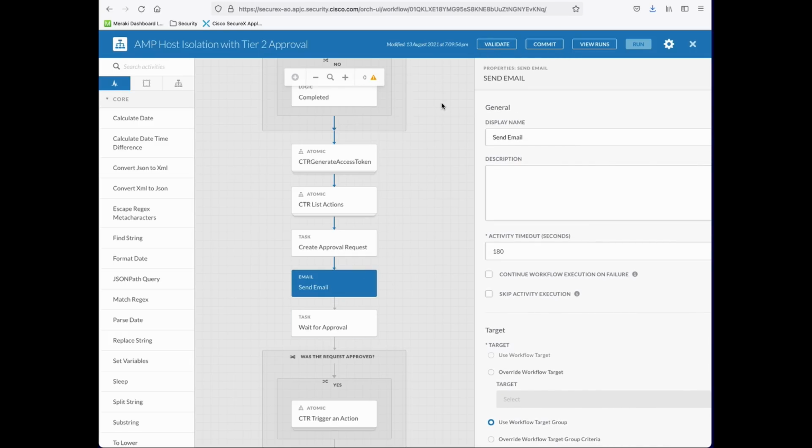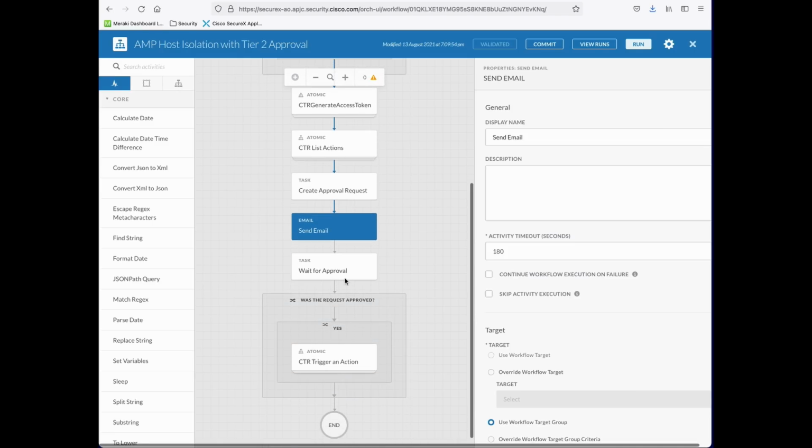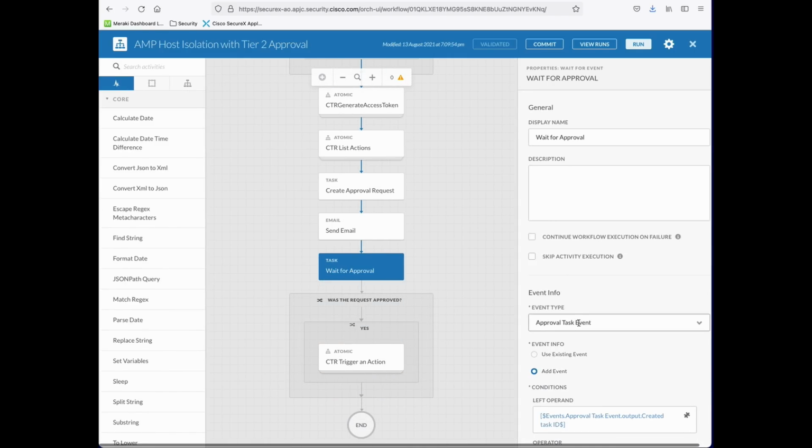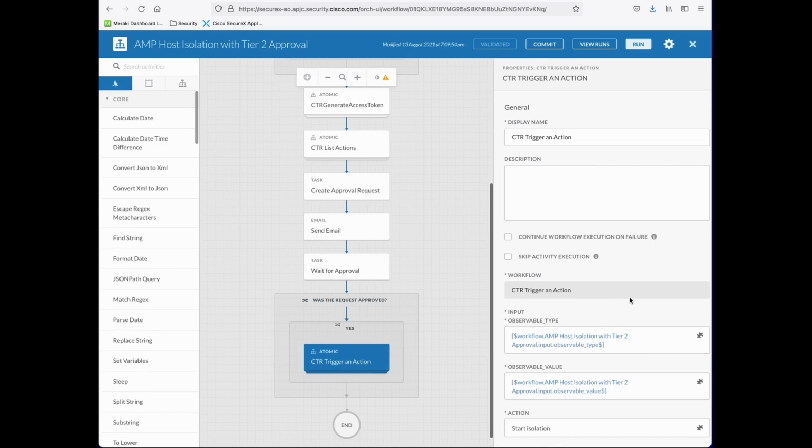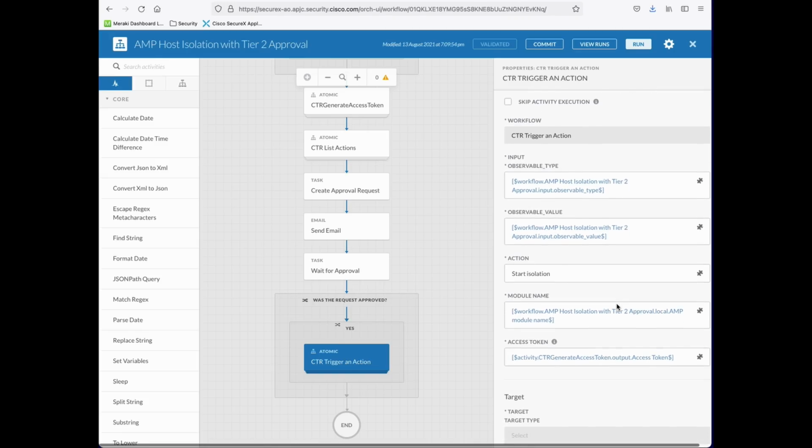So let's validate this. It should not give you any warning or error, right? And then once it's done, the workflow will wait for the approval, and see what is the condition, whether it is approve or reject. Once that is done, it will trigger the action based on the approval. So